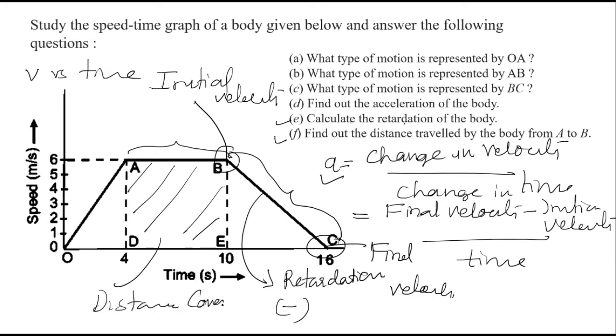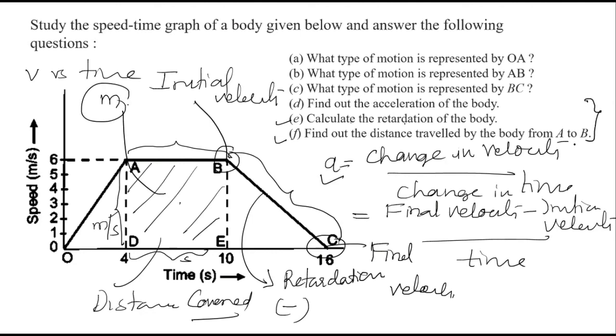But please remember that this length and breadth, suppose if you take this as length, this is in meter per second, that unit you have to explain, and this one will be in second. So finally when you calculate the area here, it will come in terms of meters, because distance is expressed in meters. I expect that you will calculate this on your own